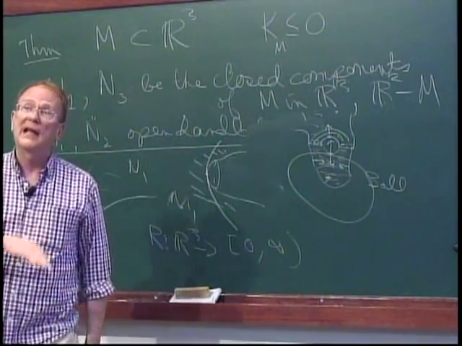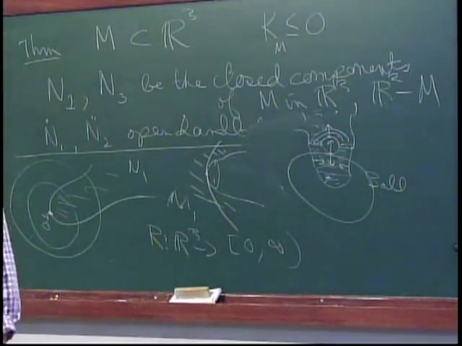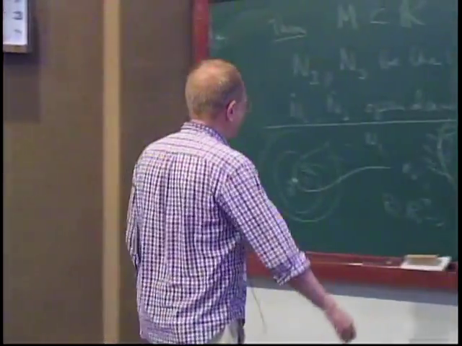That means I have no relations. Two handles are what change the relations in the fundamental group of what I've made so far. So as long as I only attach one handles, I don't change the property of having a free fundamental group or having this sort of topological picture. Okay, so anyway, that's the idea.